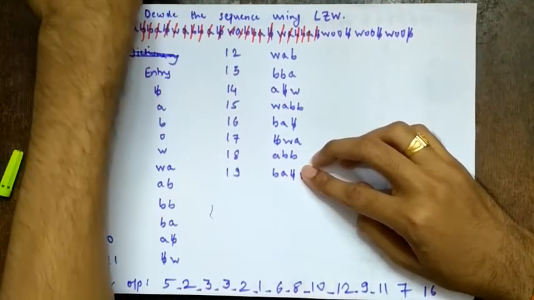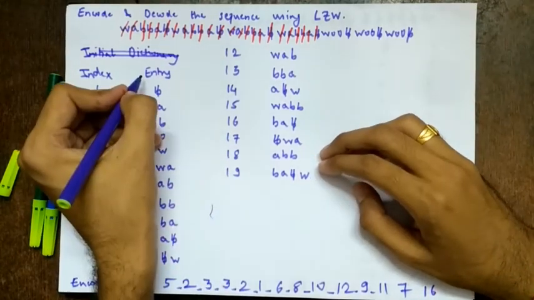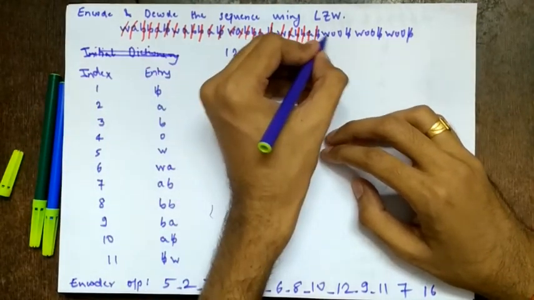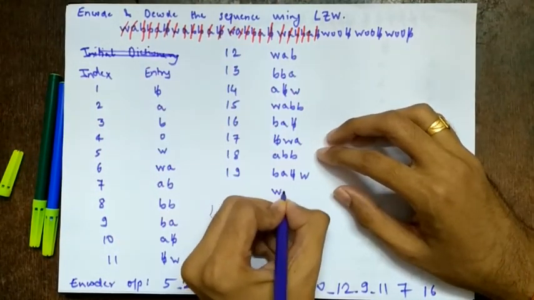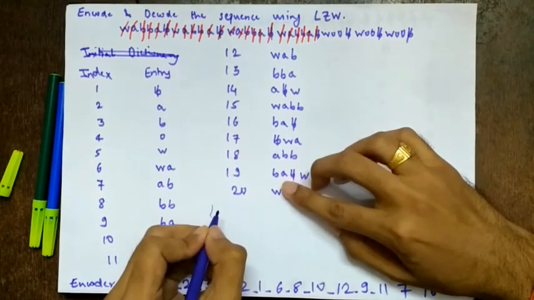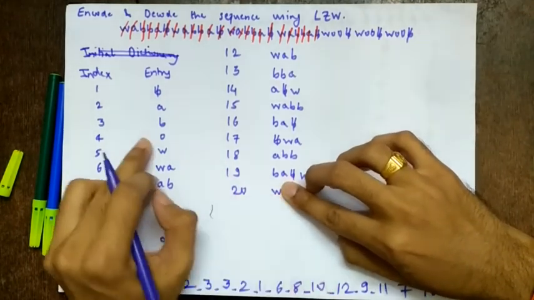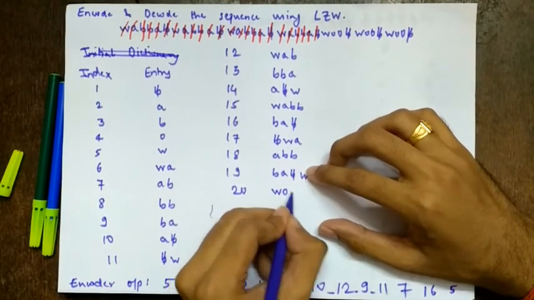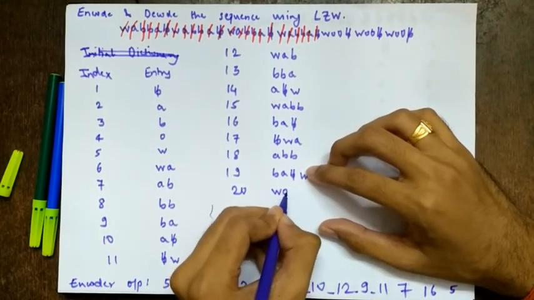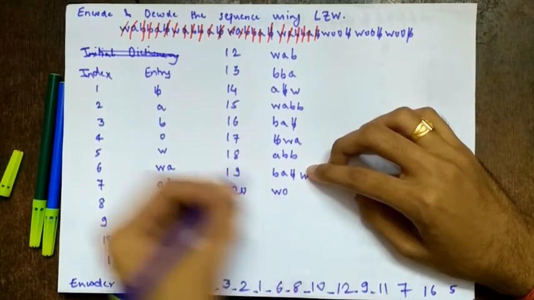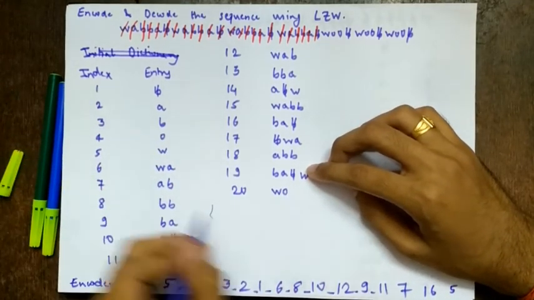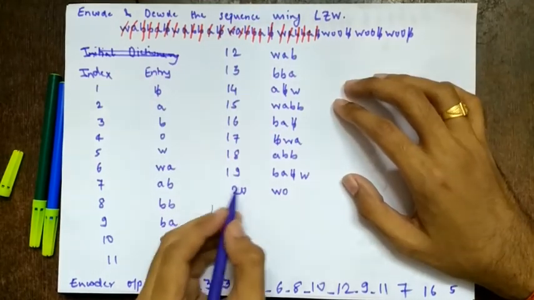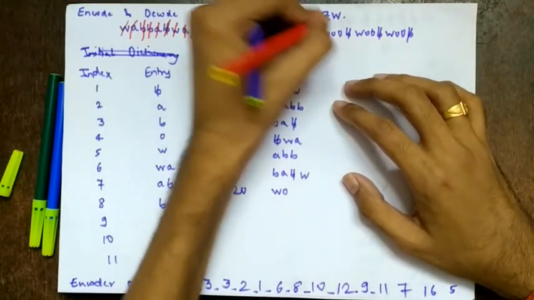Scratch those 3. Then W. Right? So W is there in the dictionary. So no need to encode. WO. Is WO in the dictionary? No. So new index. So remove the last alphabet. Then we have only W. So what is the index? 5. Right? So what is happening? The moment we encounter a new alphabet, what is happening? We are again going to the first initial dictionary. So we are again starting anew. Okay. So W is encoded now.